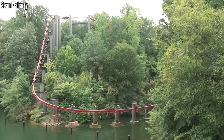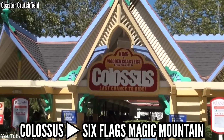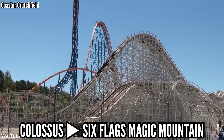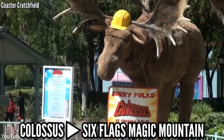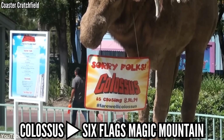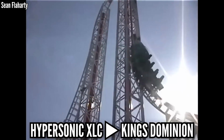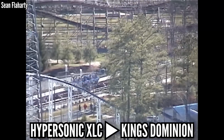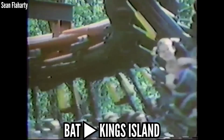These coasters deserve landmark status but aren't around to receive it. Colossus at Six Flags Magic Mountain opened in 1978 as the world's tallest and fastest coaster. It also was featured a lot in pop culture, and a lot of people were not happy when this was shut down in favor of RMC. Hypersonic XLC at Kings Dominion was the first ever air-powered launch coaster, propelling trains at rates of speed never seen before. The Bat at Kings Island was the first modern coaster to hang under the track, and although it only lasted for parts of 3 seasons,